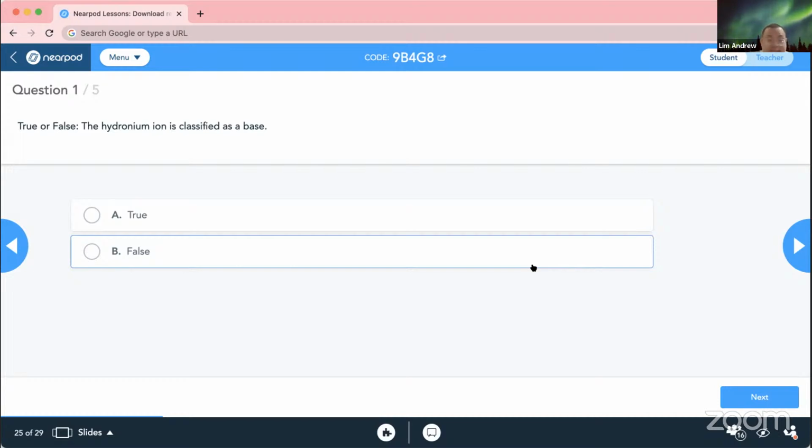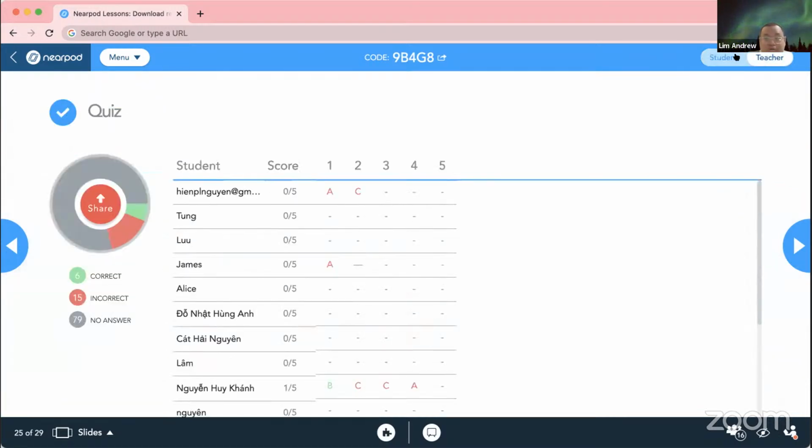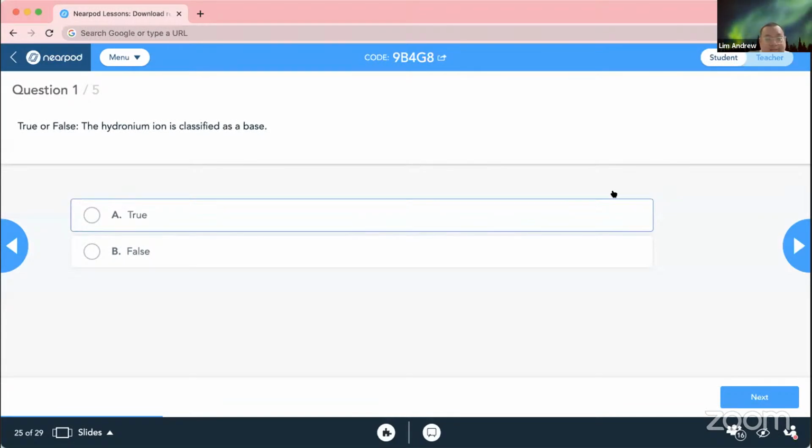Then we have the second question: is the color representing pH 7. Do you still remember the color of the pH 7? Then we have: lithium hydroxide is a what? Is it acid, base, or neutral? Then, sorry, acid and base together, it forms what? Lastly, which of the following is an acid? All right, so these 5 questions, I'm going to give you 1 or 2 minutes or so to do for me, to test how much knowledge you have about this.